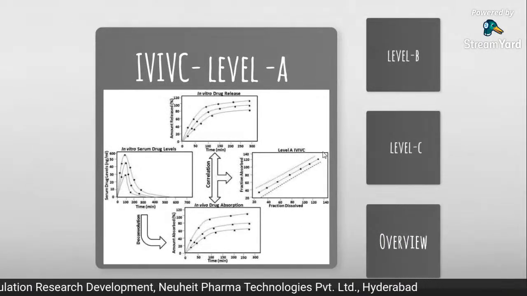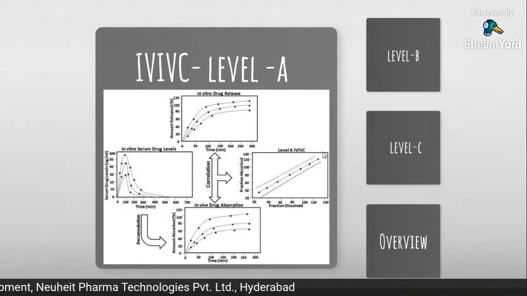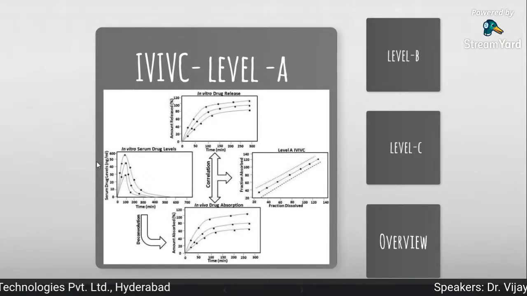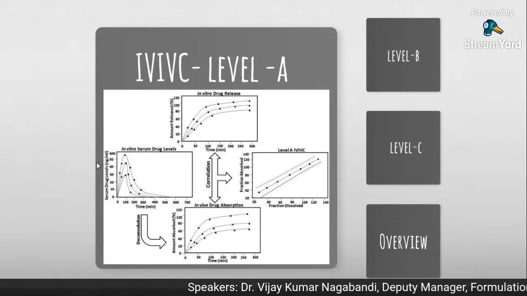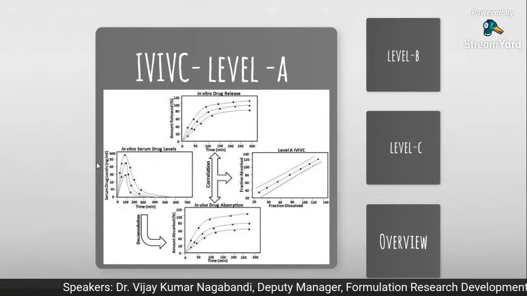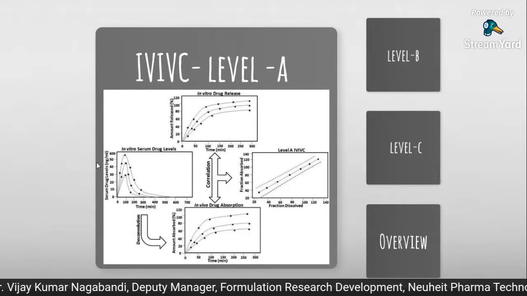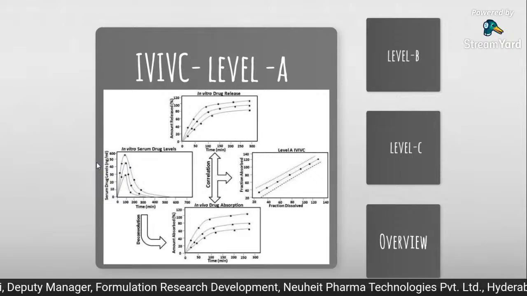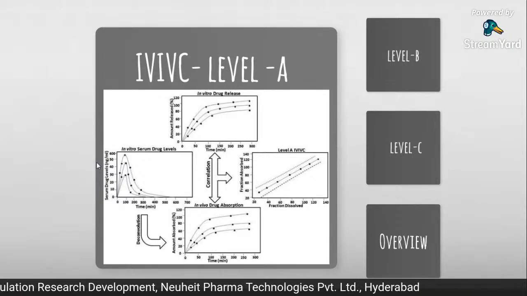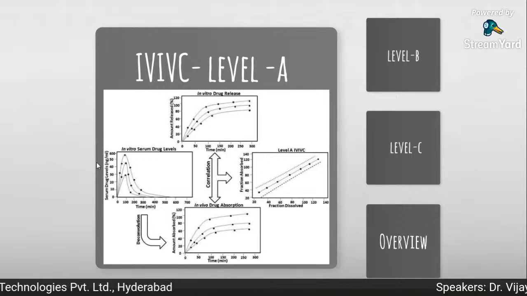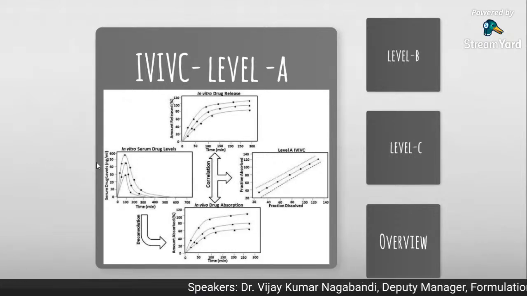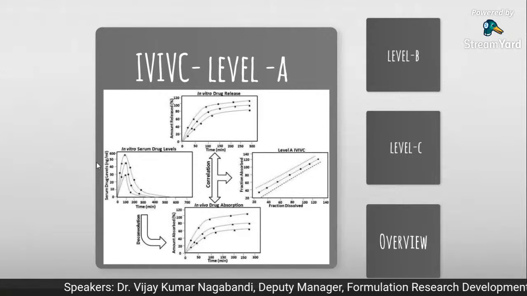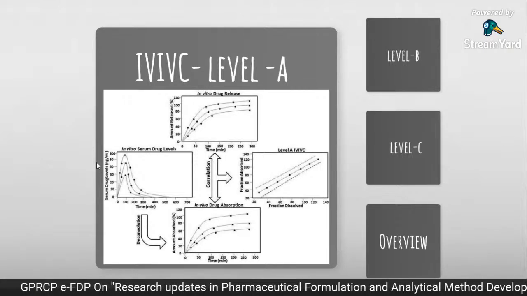Now, as of now, I told you, only if we have the in vivo plasma concentration data is level A or level B or level C possible. The question here is very important. If anybody from the industry is attending this session, you may understand it in a better way. Most of the time we may not have the plasma concentration values in our hand. If in vivo data is not available, we have never done any bioequivalence testing and we don't have the innovator information.